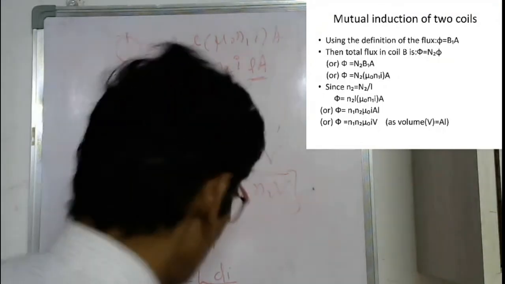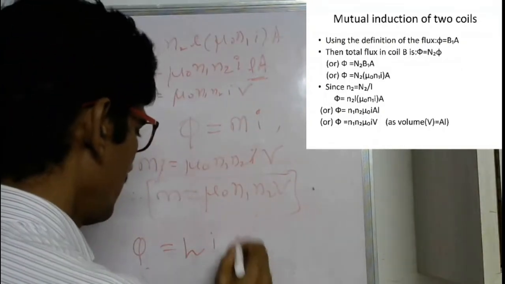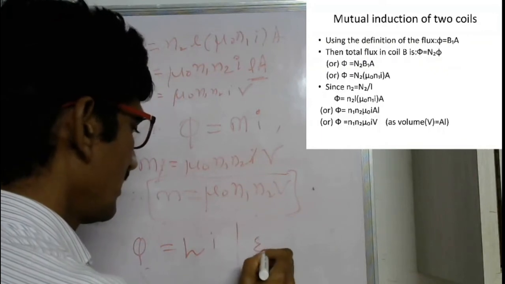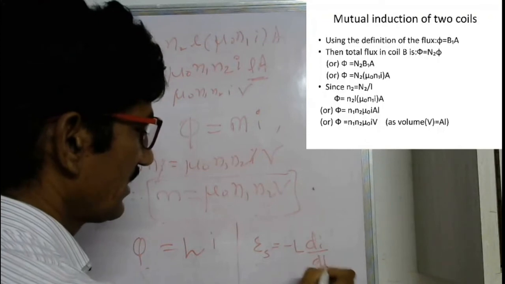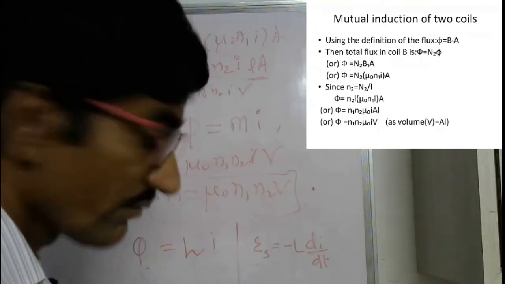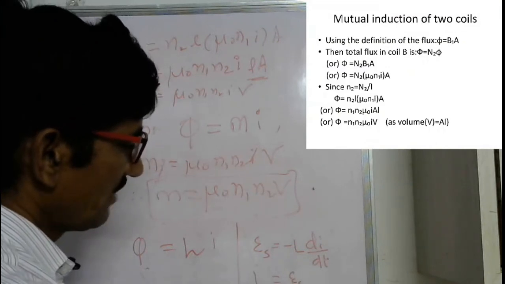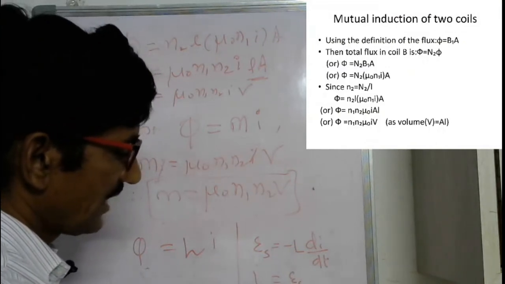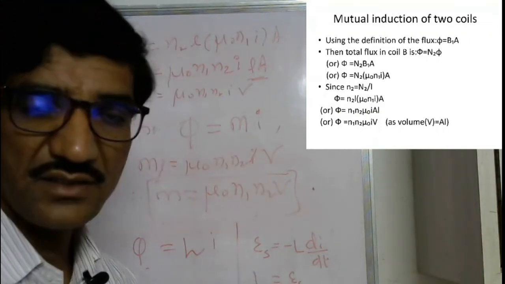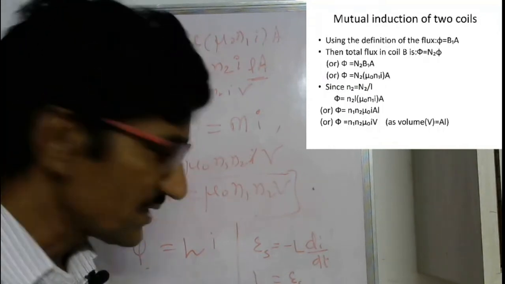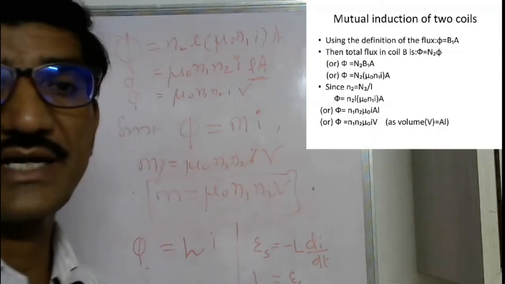Es is equal to minus L di by dt. L is equal to, here also you have EMF by di by dt, magnitude of L. So this self-induction can be defined as the EMF induced in that coil due to the unit rate of change of current